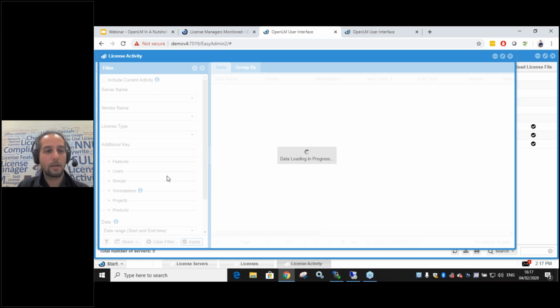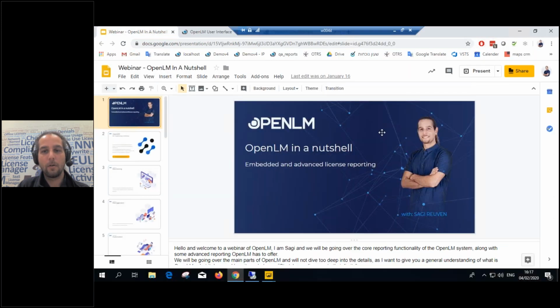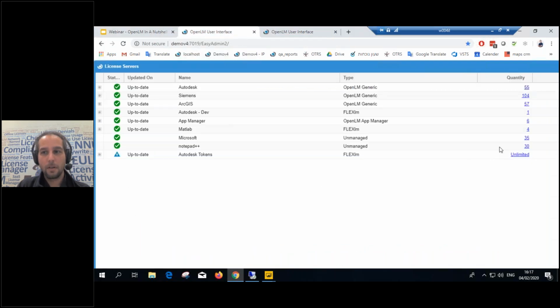Now we can filter it to our heart's desire: the feature, user, whatever we choose. But OpenLM also has advanced options for it. Taking you back to the presentation,